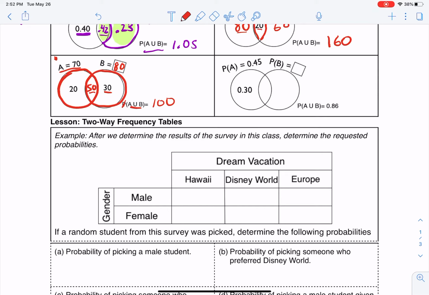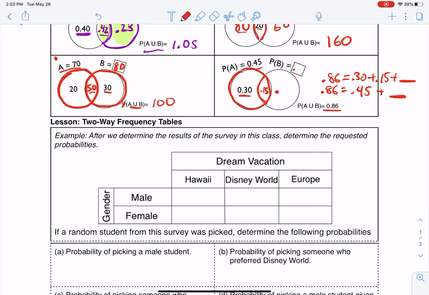Okay, finally, probability of A is 0.45. Well, that means that the intersection here, in order to equal that, would have to be 0.15. Now I know the probability of that whole union is 0.86. So I know that 0.86 is equal to 3/10 plus 0.15 plus something. So that's 0.86 is equal to 0.45 plus that something. So that means this has to be